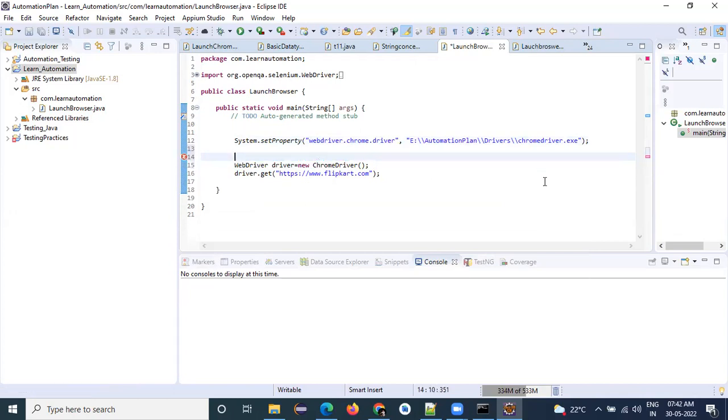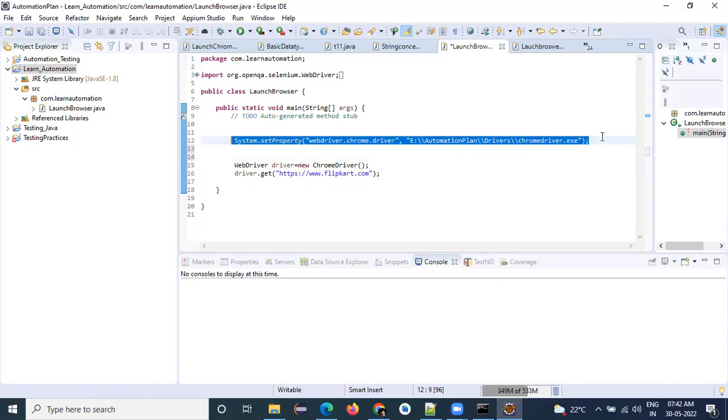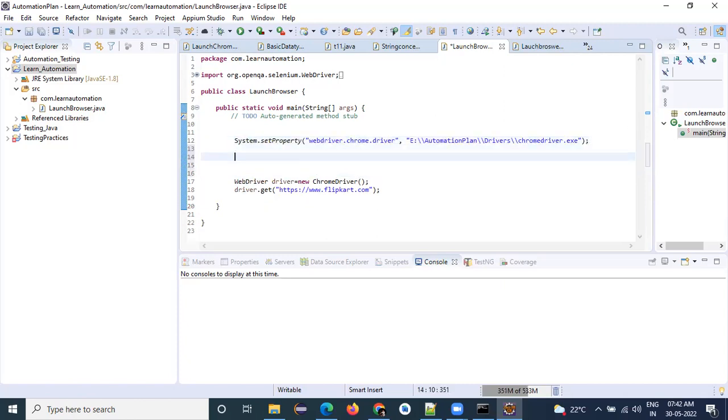The same thing for Firefox: instead of Chrome, the Gecko driver will come here. You have to give the Firefox driver path exe. If you want to execute on Edge, the same thing applies: webdriver.edge.driver, then you give the Edge driver path. If you want to execute in